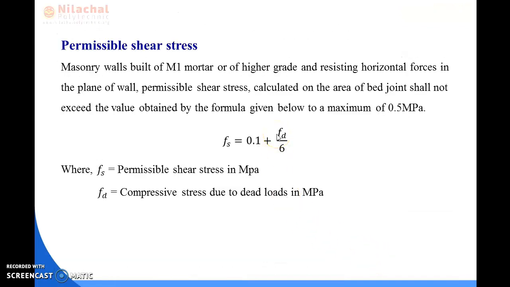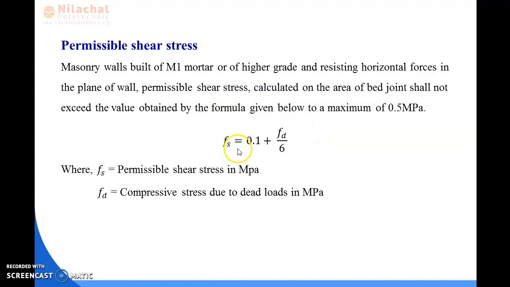Then we come to another stress property, that is permissible shear stress. So the first one is permissible compressive stress, the second is permissible tensile stress, then the third one is permissible shear stress. In case of masonry walls built of M1 mortar or of higher grade and resisting horizontal forces in the plane of the wall, the permissible shear stress calculated on the area of the bed joint shall not exceed the value obtained by the formula given below, to a maximum of 0.5 megapascal, and the formula is